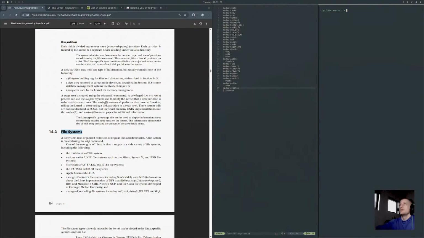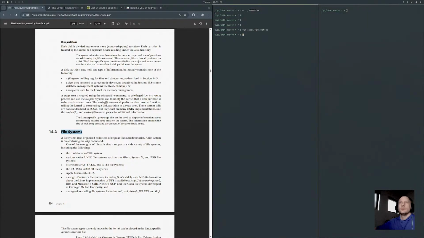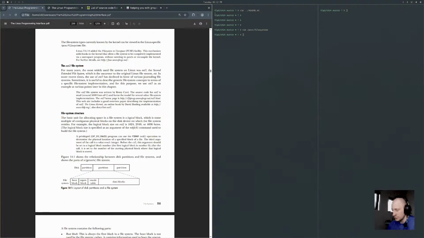Alright. Let's see here. Linux 2.6.14 added the file system in user space, fuse, facility, a mechanism that adds hooks to the kernel that allow a file system to be completely implemented via a user space program without needing to patch or recompile the kernel.